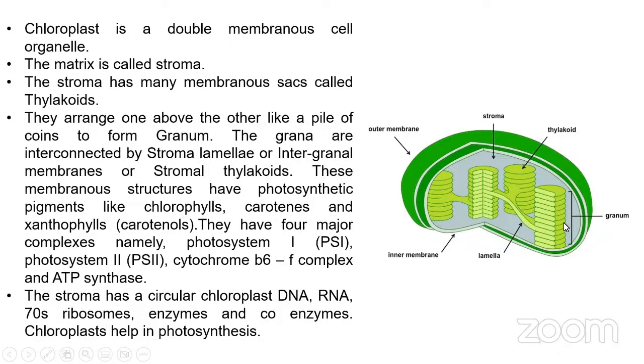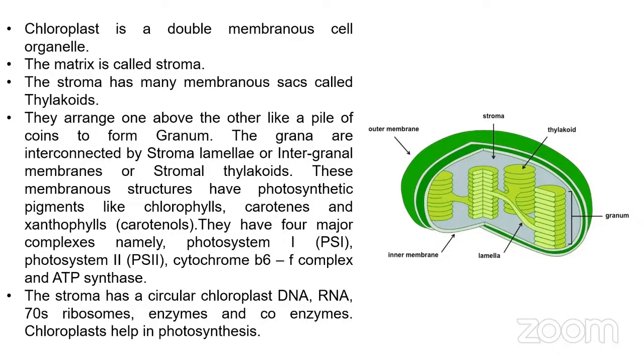So when we arrange thylakoids in a pile, like a pile of coins, they form the granum. The grana are interconnected by the stroma lamella, as we can see. These different grana are connected through stroma lamella, which are also known as intergranal membranes or stromal thylakoids. These membranous structures have photosynthetic pigments, for example chlorophylls, carotenes, and xanthophylls. They have major complexes like photosystem 1, photosystem 2, cytochrome b6f complex, and ATP synthase that help in the process of